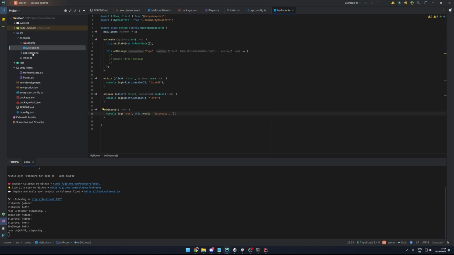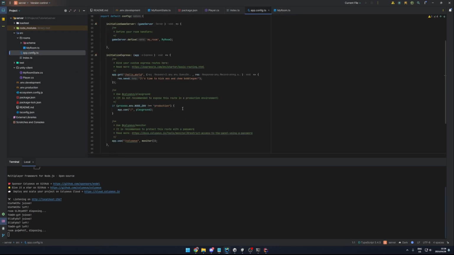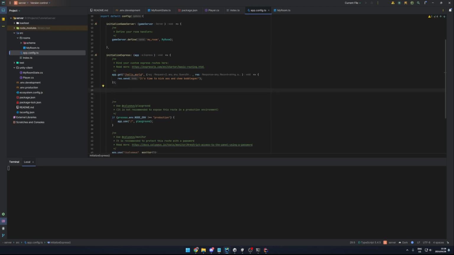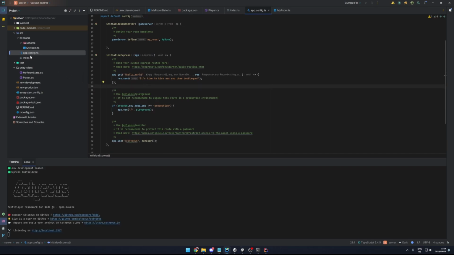To start off this section, let's get back to the server folder and go to the app.config.ts file. In here, we want to set up a new endpoint so that we can authenticate through the server and let the server connect to Discord's API to get our access token so that we can actually authorize our user on Discord. To get this done, in the app.config.ts file, under the initialize express function, let's create a